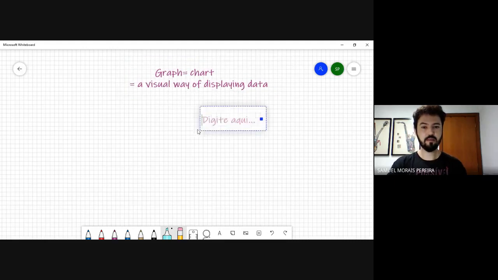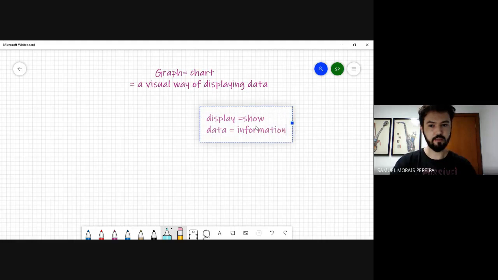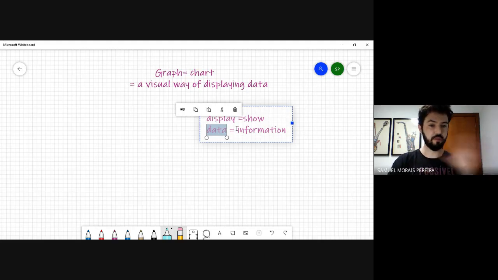Samuel, I don't understand the word displaying. What does the word display mean? Display is the same as show. É mostrar, exibir, tá bom? And data are information, okay? Information, but when you consider it in the plural. Data são dados, informações relevantes, okay? Well,